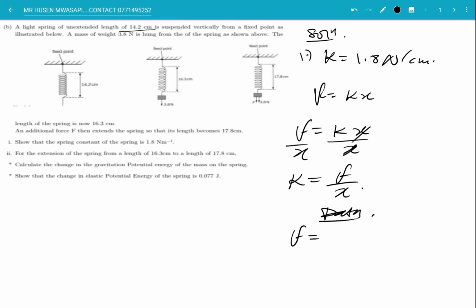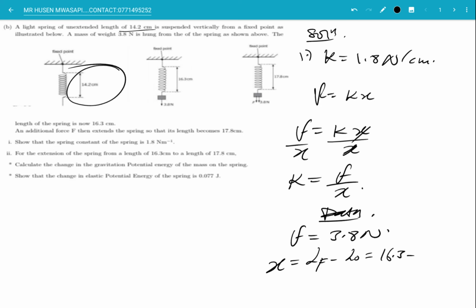The force is the weight, because weight is a type of force. So this is 3.8 newtons. X represents the extension. Remember, length final minus length initial. Length final is 16.3, minus the initial, which is 14.2. So extension will then be what? If you get your calculator and punch 16.3 minus 14.2, you end up having 2.1